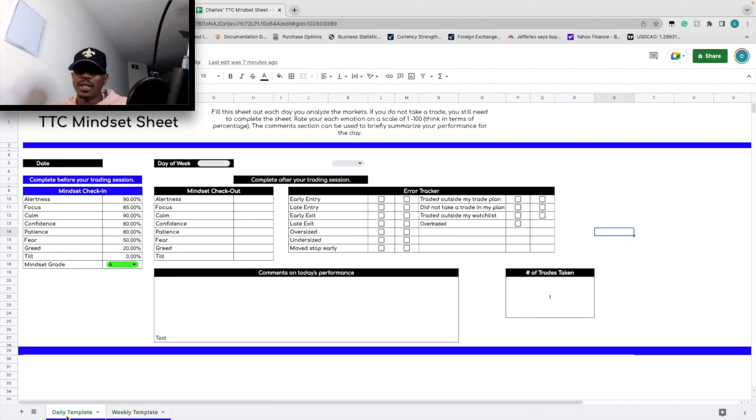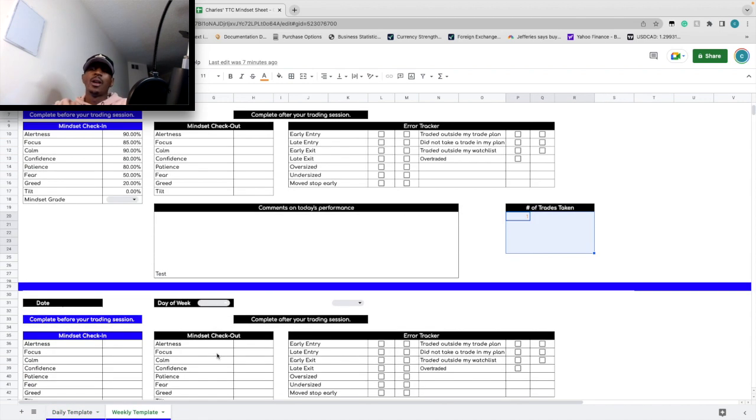And so essentially, using that, you can check on your day on a day-to-day basis, and then come in and look at the week and see how you stacked up overall at the end of each week. This is a process that I do myself. I come into the trading session, I check in with myself before I get started in the markets. I trade, and then I check in with myself after I'm leaving the markets, basically at the end of the day. And then I check in with myself on the weekends, on Saturdays and Sundays. And this has made it very easy to do.